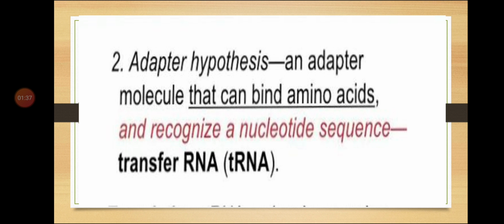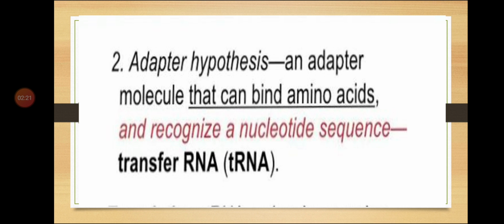Since amino acids do not have any special capacity to read the codons, tRNA will read the codon and simultaneously bind the amino acids. This property makes tRNA the adapter molecule. This role of tRNA was understood very much later. Initially, no one had understood this role of tRNA. But later, scientists discovered that tRNA reads the codon and simultaneously binds with the amino acid, and this property makes tRNA the adapter molecule.